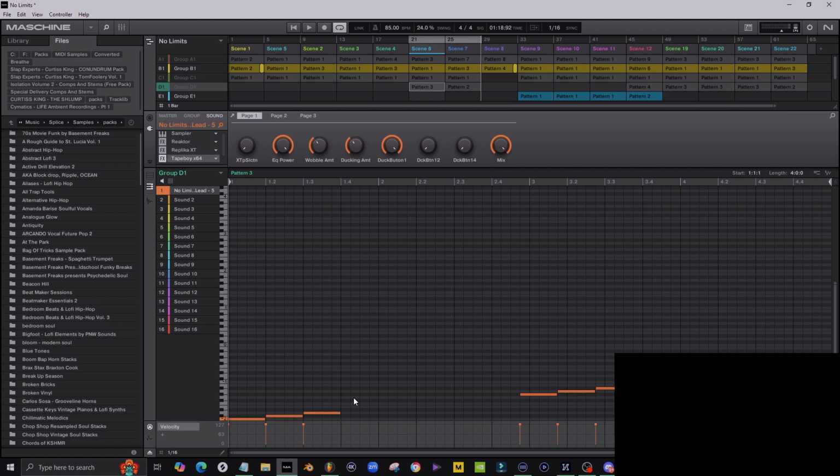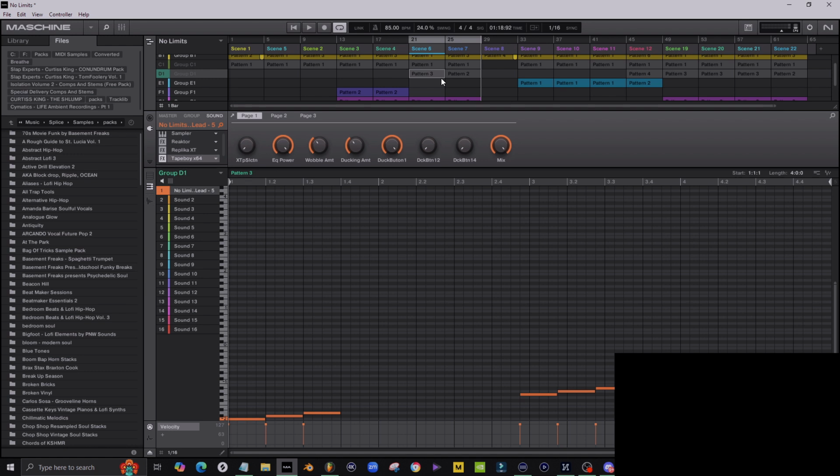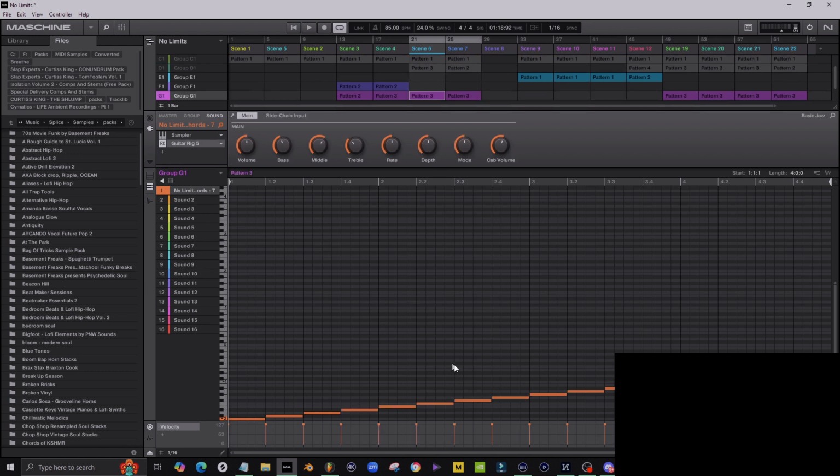And I would say the workflow, even if you were to watch my last video that I did on sampling, is much easier here on Maschine, because when I want to make a different pattern, let's just say, let's go to another one. We wanted to make a different pattern. Like we see, this is one pattern, right? All I got to do is hit duplicate, and this same pattern, I can move to the way that I desire. That simple. It doesn't take that long, and I could manipulate this without changing up any of my last patterns.